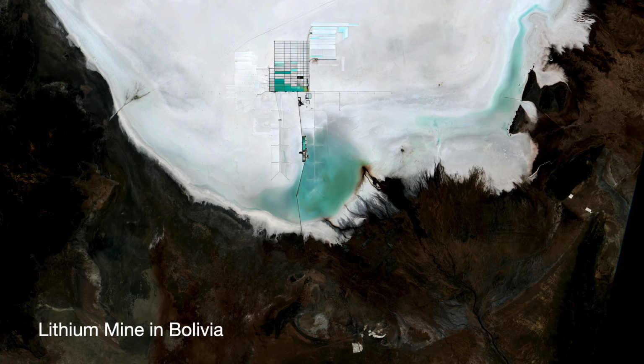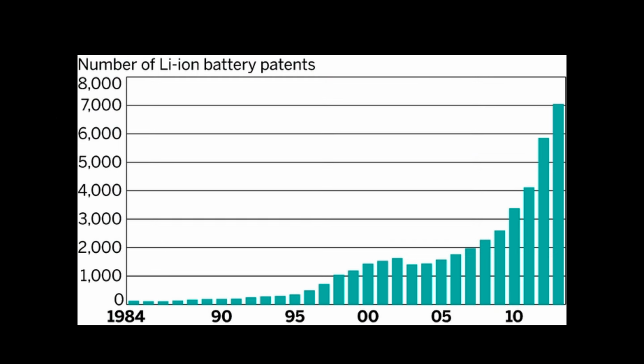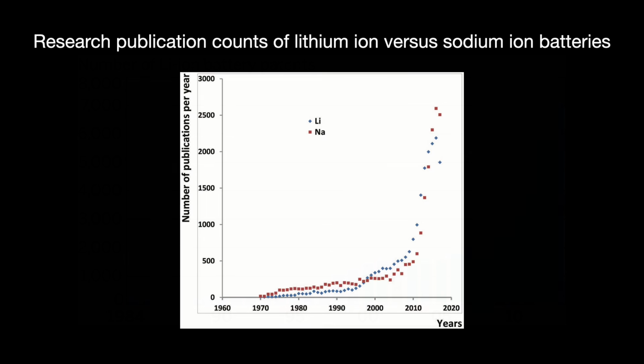Secondly, a less heralded reason has to do with intellectual property rights. So many patents have been filed around lithium-ion technologies that new companies have to be extremely careful not to run afoul of the lawyers. Sodium-ion battery technologies, by contrast, offer far larger green fields. Thus, starting in the 2010s, people started taking a second look at sodium-ion batteries, which would again use sodium, but